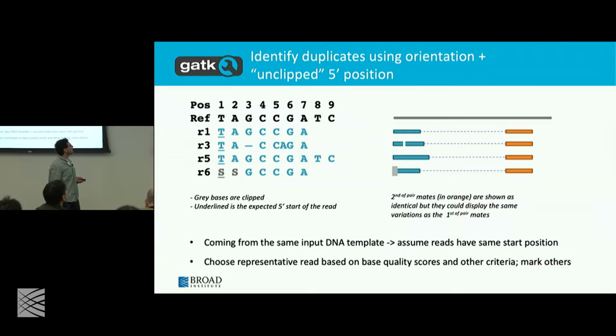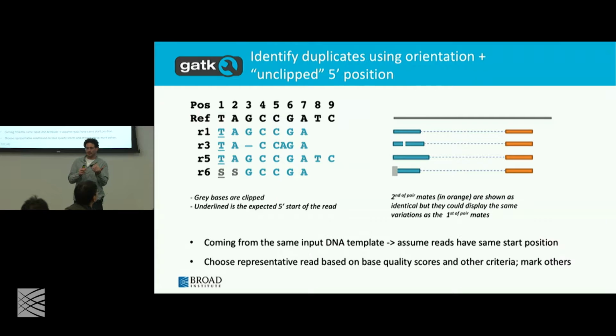So how does MarkDuplicates work? I said we identify duplicates by position. I should have been more specific. We identify duplicates by the unclipped 5' end of the molecule, right? So we know that the read could be aligned forward strand or backward strand, right? We're going to look and say, where was the position of the first base that was sequenced? That's the 5' end of the molecule. And that's the position that we consider the key for MarkDuplicates. So whether that base was clipped or not clipped,